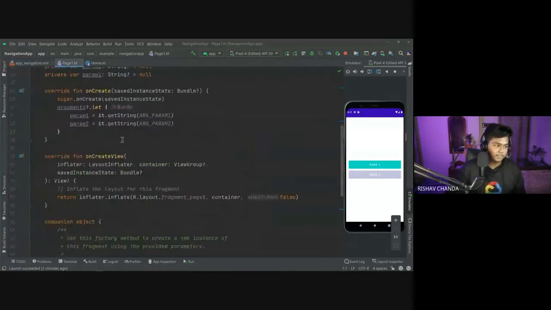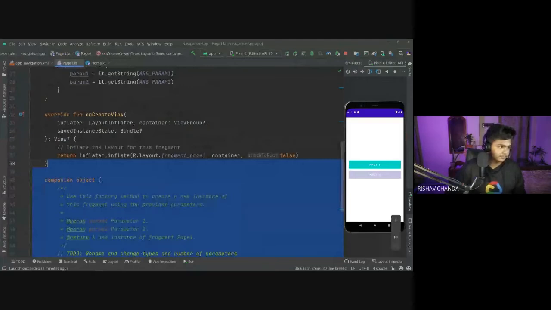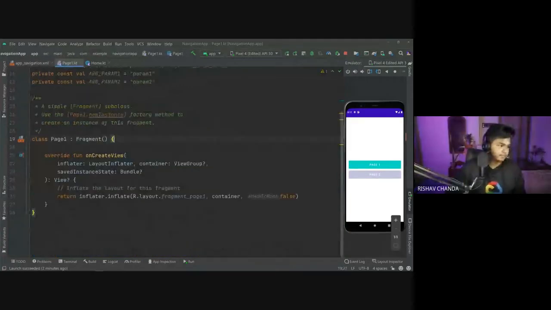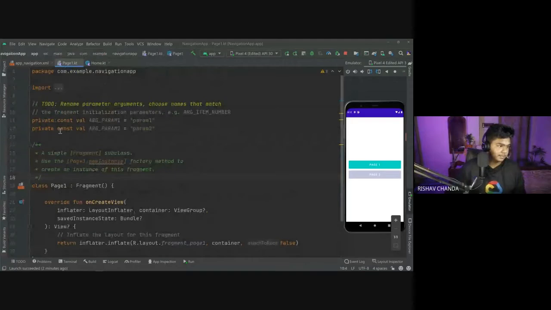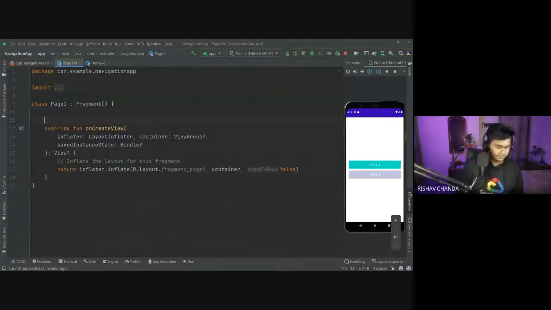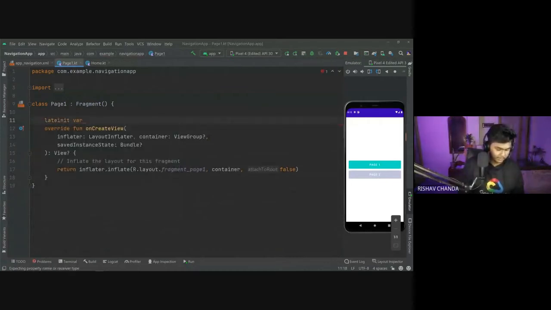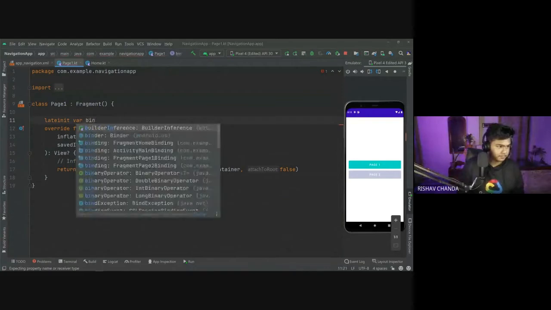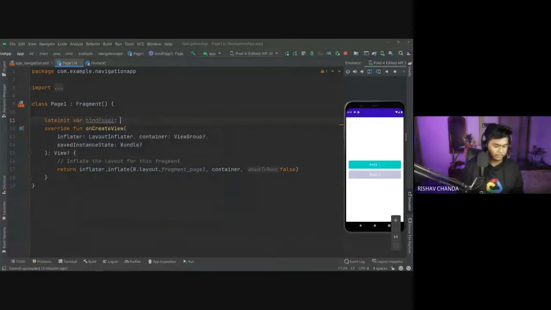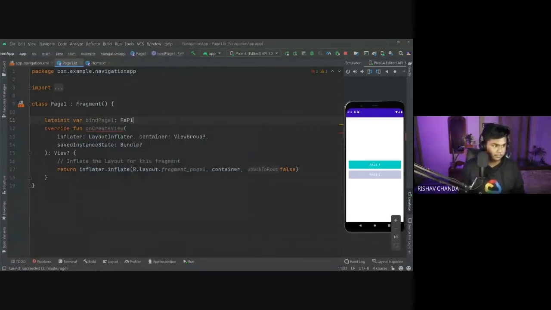First remove this boilerplate, remove this one, remove this one, and remove this one. Okay, now it is good to go. Same thing, first initializing the view binding, I would write binding. This one is page 1, so I would write page 1, and this one I would change from fragment to page 1.